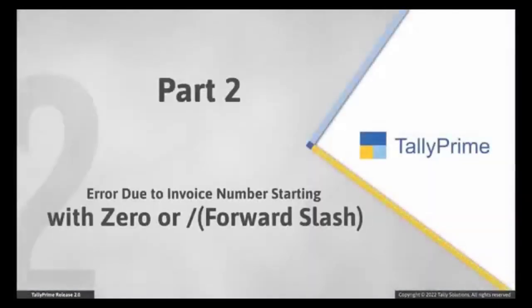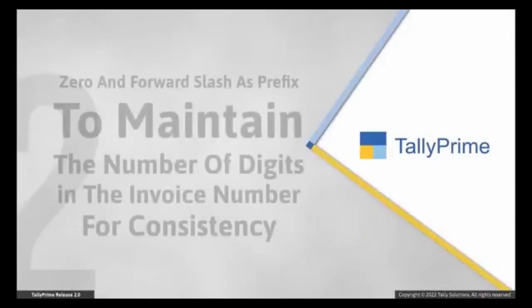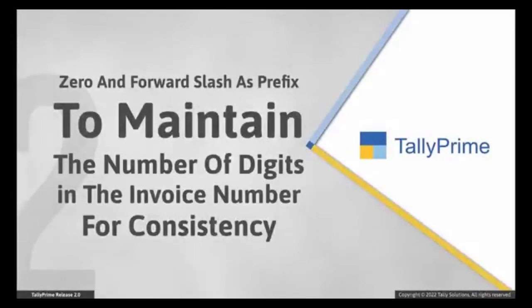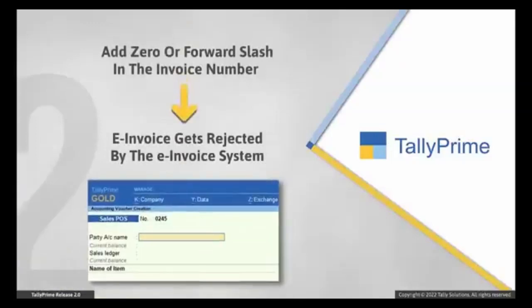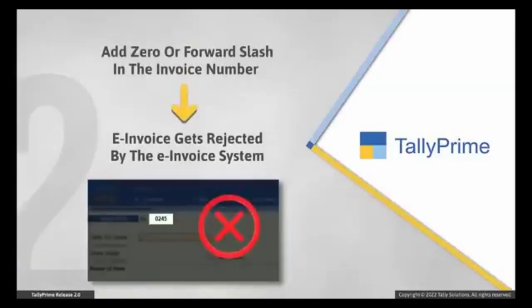Now, let us see the error that occurs due to an invoice number starting with 0 or /. We will be adding 0 and / as a prefix to maintain the number of digits in the invoice number. For example, you may be entering the invoice number as 0245. In such a case, you can enter all other details and try to generate an e-invoice, which will be rejected